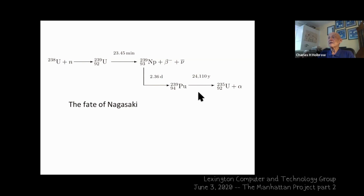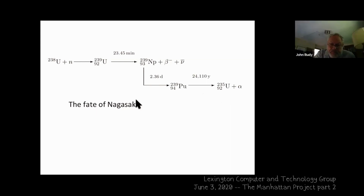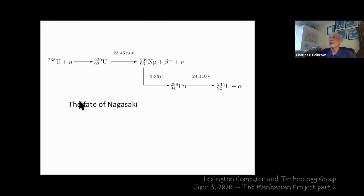So that, I don't know why I've got that there. Oh yeah, it does decay back to uranium-235 by making an alpha particle, but this is a half-life long enough so that that's not going to be of any importance. But Nagasaki, and I think that's interesting